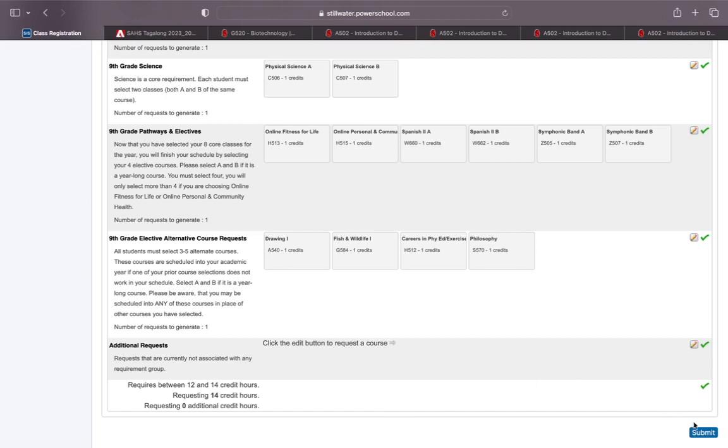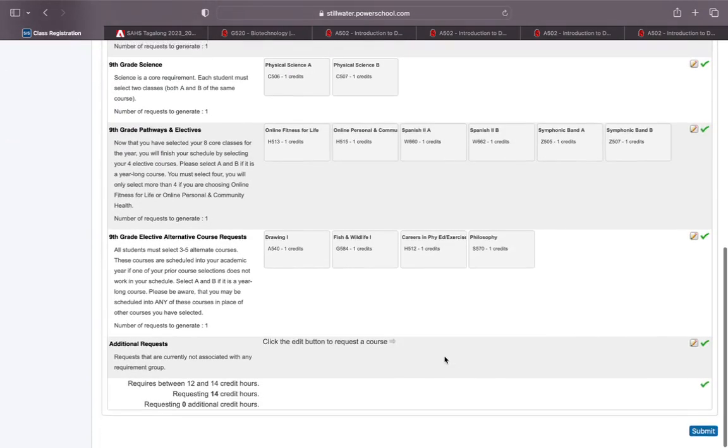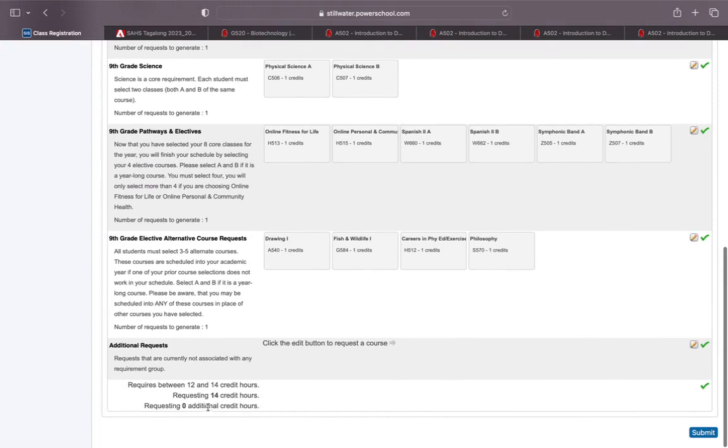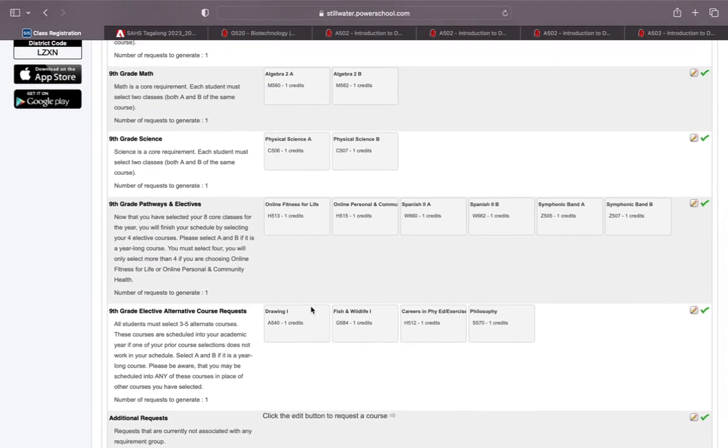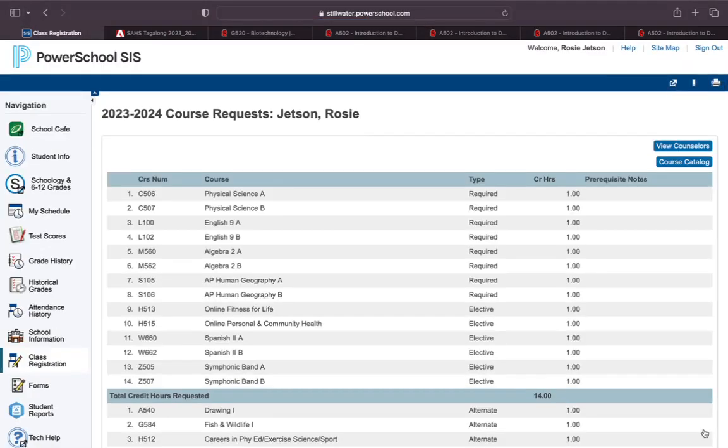But in order to hit submit, it is going to require that you have 12 selected classes. So when you're working on a session, if you run out of time, you won't be able to submit unless you have the required 12. So you can make a number of selections and you can always come back and change it. Once you're happy, hit submit, and it'll take you to this next screen here, which shows you a summary of